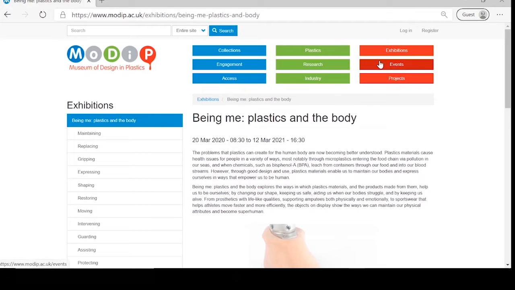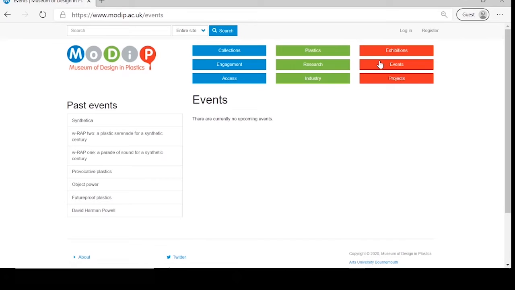If we move over to the red section and continue there, we have events. Where we have current events, this is where we would advertise them, and we have kept some of our past events there as well. Some of them have videos in that may be of interest to you. Some of them are relating to projects that we've worked on as well. And lastly, talking about projects,